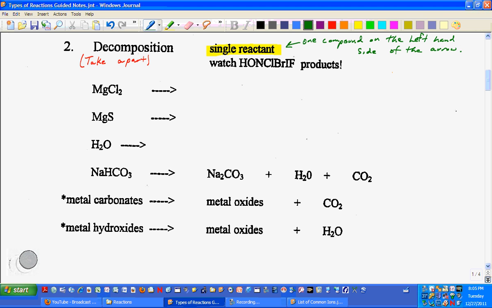In its simplest form, what we're going to do is take apart the compound on the left-hand